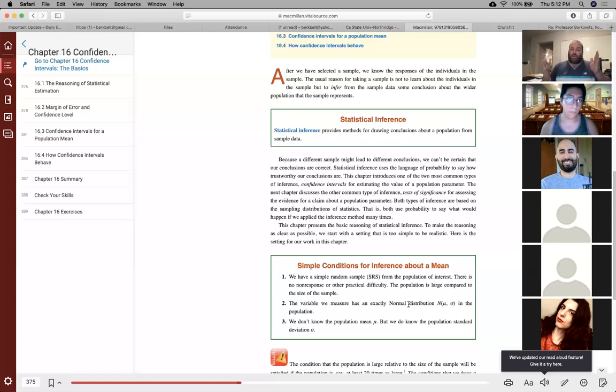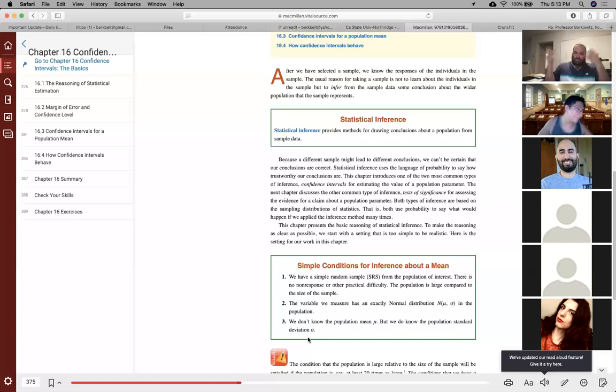But for now, we are assuming that you're dealing with a normal population where you do not know the mean, but you do know the standard deviation. We're going to have, I think, 8 or 9 different formulas for all these different cases. This is case 1. It's normal. We don't know the mean, but we do know sigma. And some ancillary conditions like it has to be an SRS, and the population is large compared to the sample,